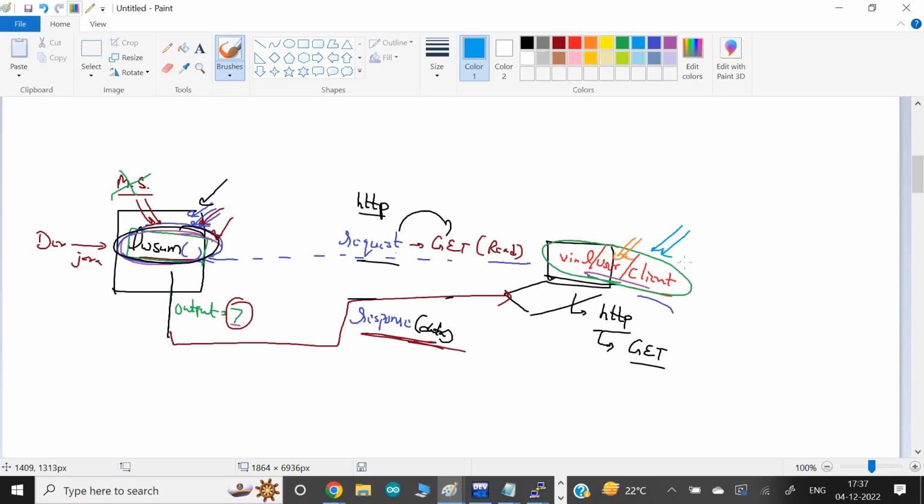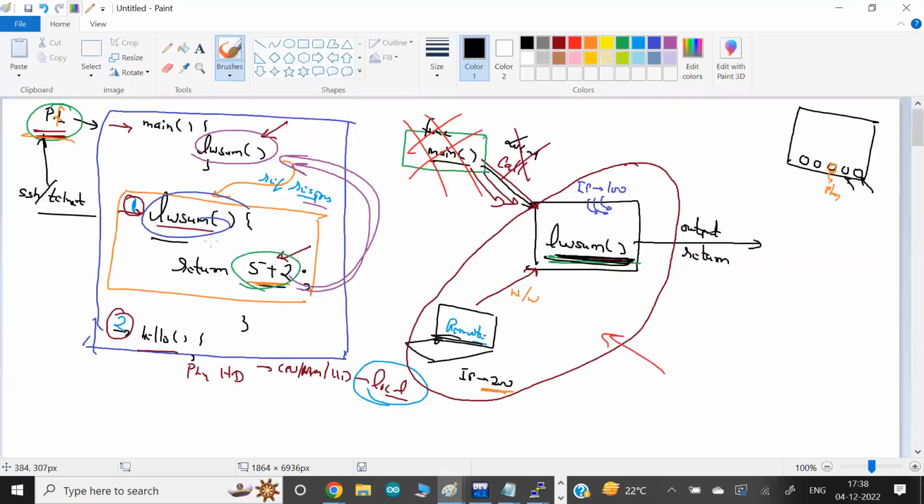Now, how does the client call? There are a lot of tools available in the market. They use Chrome browser, they use the curl command, they use Postman, or many more tools. That would be their way to request. Okay, but the important point here is, if you ask this function the way I created it here, do you know if somebody calls you, can you run? Yes. Can you give the output? Yes, because we have written it here, so I can give the output. I can give the response.